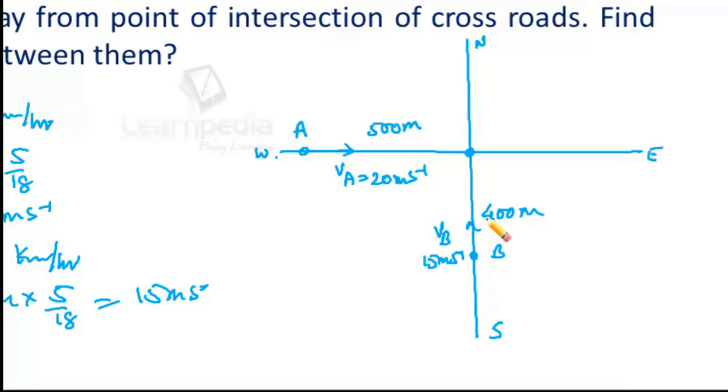So when B moves, the actual distance between the two cars is this. After some time, B may arrive here. The distance between the two cars may be like this. After some time, the distance may be like this. After some time, A will cross over this point. So maybe A is here, B is here. The distance may be like this. Or A is at this point, B is at this point. The distance may be again increasing. So somewhere at these positions, there will be the shortest distance.